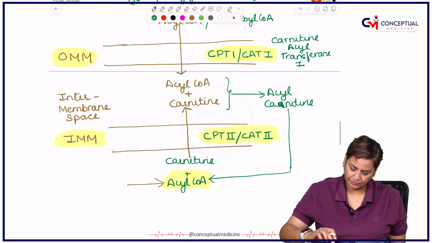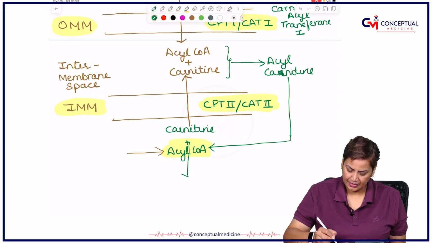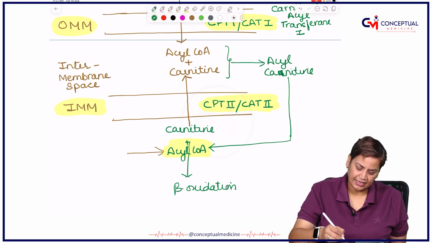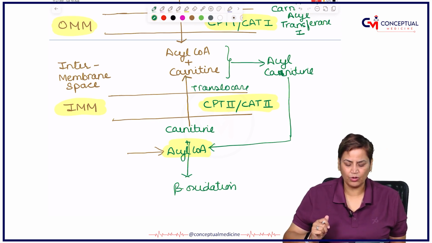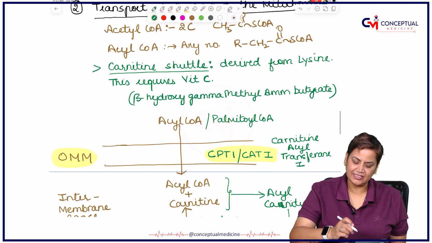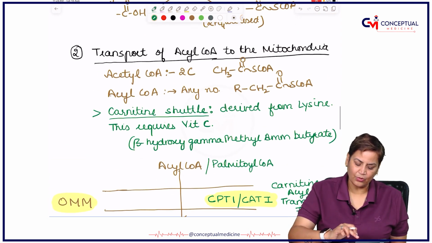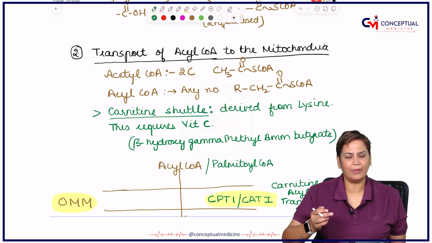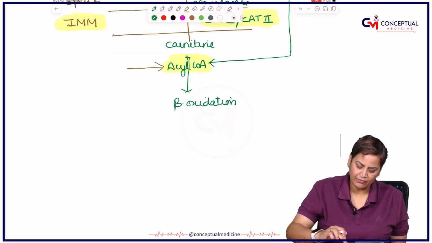So actually this acyl coenzyme A will now undergo beta oxidation. And this carnitine, by translocase enzyme, will go out to bring more and more of acyl coenzyme A, right. So this is your second step. Carnitine shuttle is required for the transport of acyl coenzyme A from the cytoplasm to the mitochondria, and the most important point which you have to remember here is